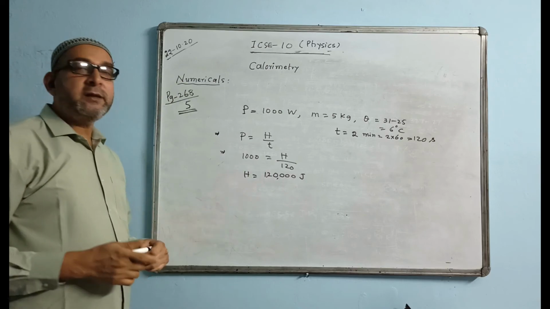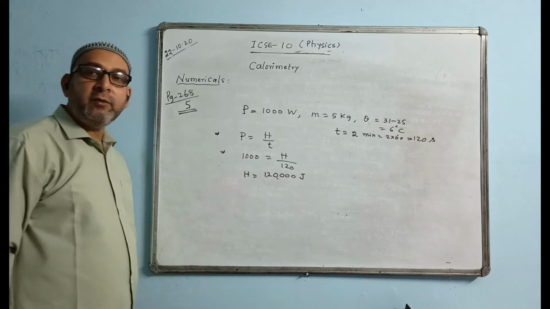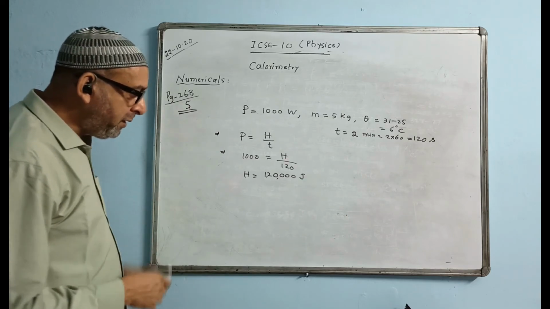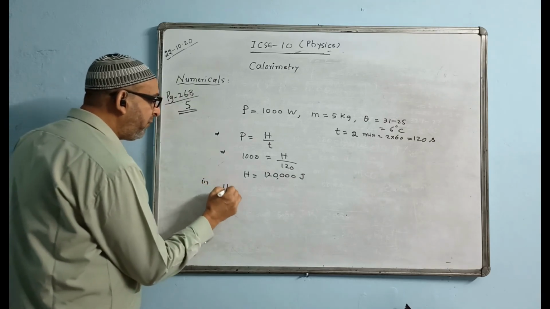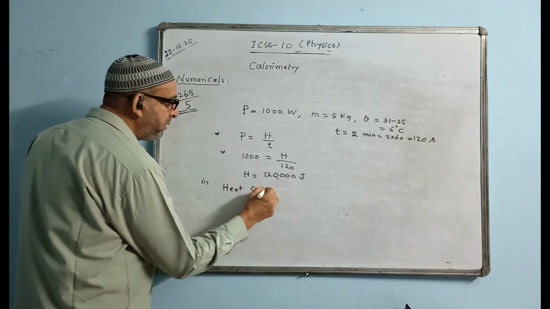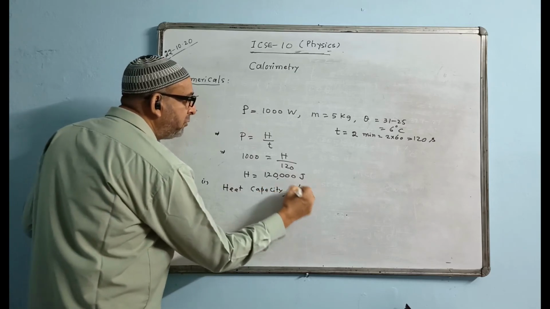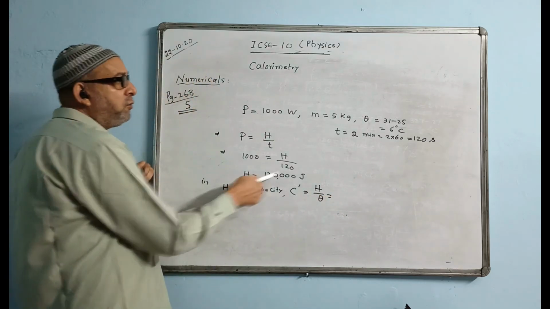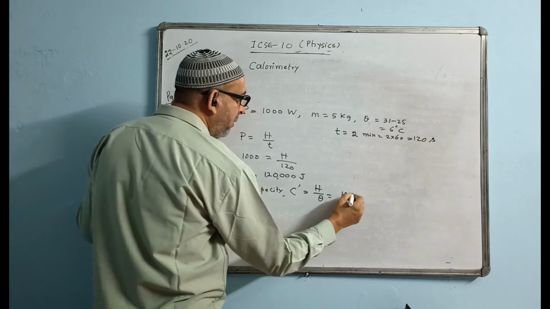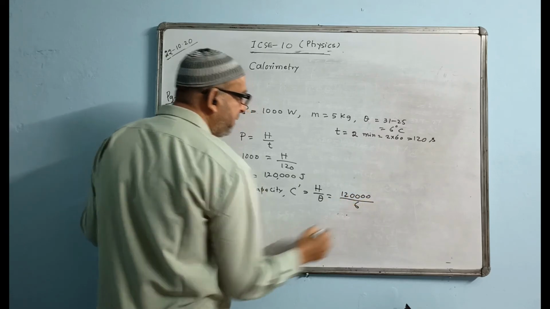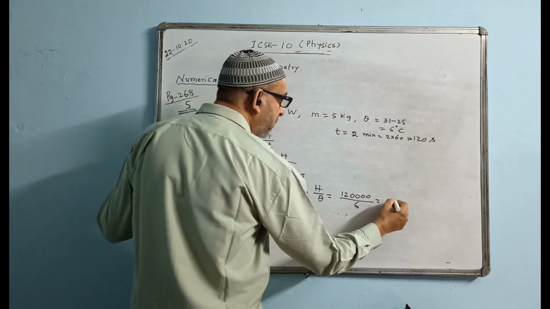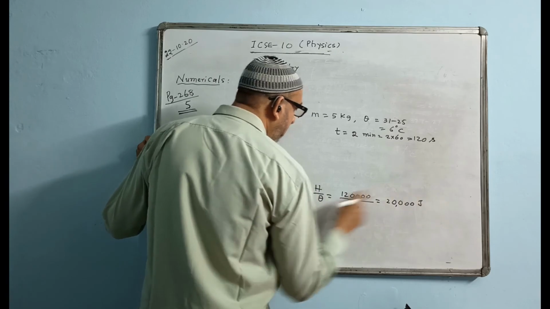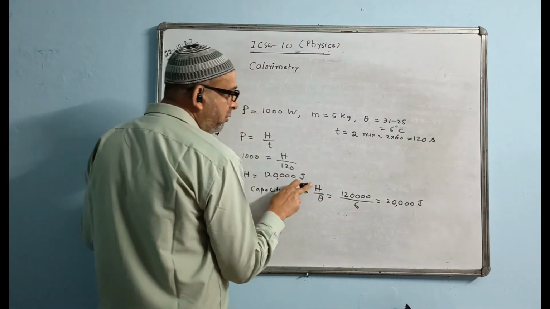This is the amount of heat supplied or needed. But we will not write this as the answer because in the question they are not asking you to find the total quantity of heat needed. Rather they are asking you to find the heat capacity, number one. Now I will find the heat capacity, denoted by C dash. Heat capacity formula is H by theta. Heat is known and theta is known. So let us find the answer now. 1,20,000 by 6, 6 2s will go. Answer will come 20,000 joule.